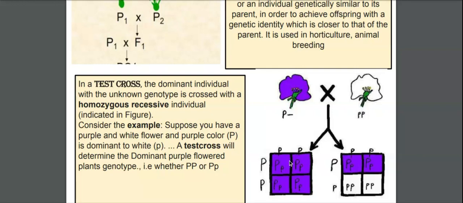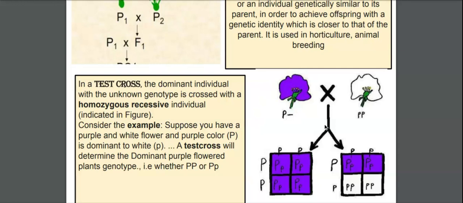So here you can see that there can be two scenarios depending on whether or not this plant was a homozygous dominant plant or a heterozygous dominant plant. So if, say, in case 1 it is a homozygous dominant plant, what would be the resultant offspring? If it is homozygous dominant, it means it is capital P capital P. So here we write the possibilities of gametes, capital P capital P.